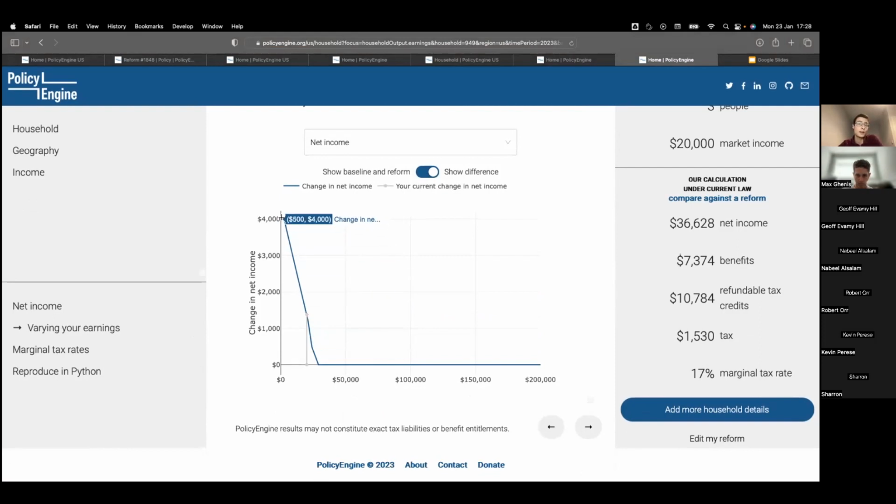If we had no earnings, obviously making the child tax credit fully refundable would be quite a big increase because it would be 0 in the baseline without that. And we'd only need to have an extra $8,500 of earnings to make this reform completely inactive for this particular household.